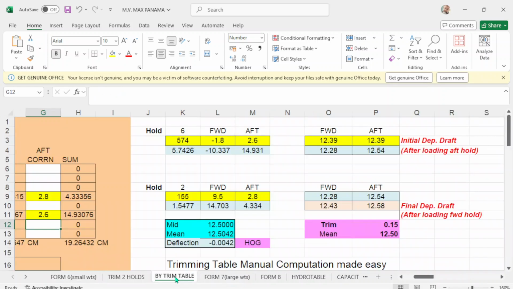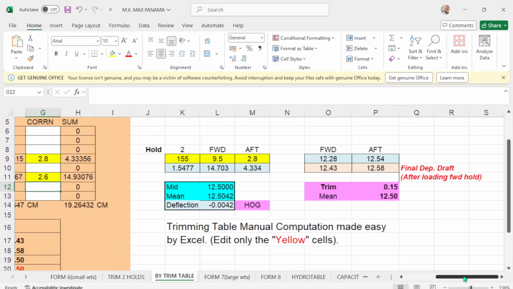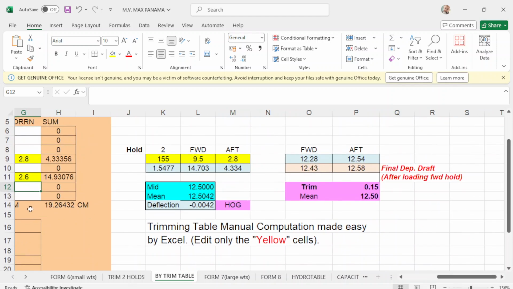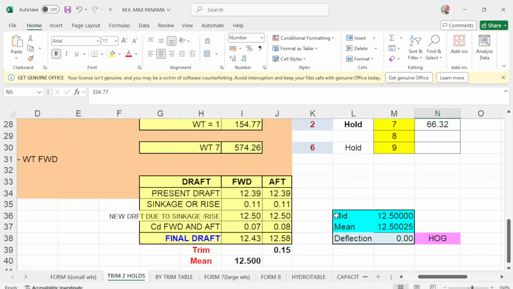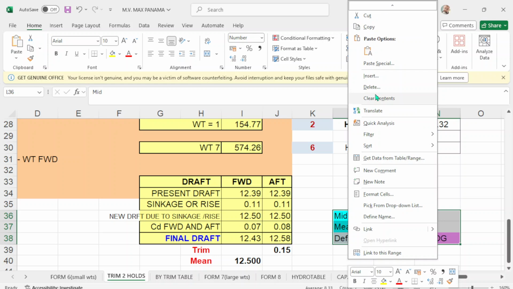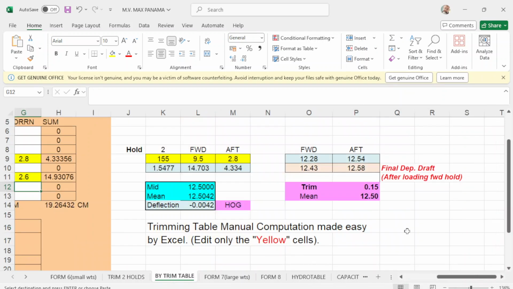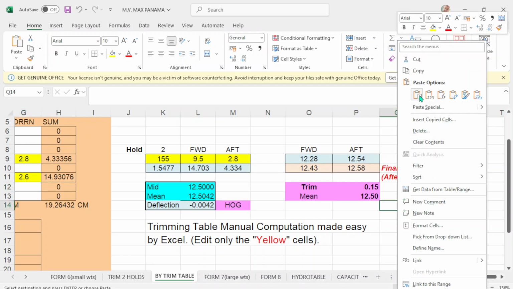Then you go to your trim table, and your trim is 15, your main drop is 12.5. Okay, and what you are going to do, copy, you go to trim table, then you paste it here, paste.